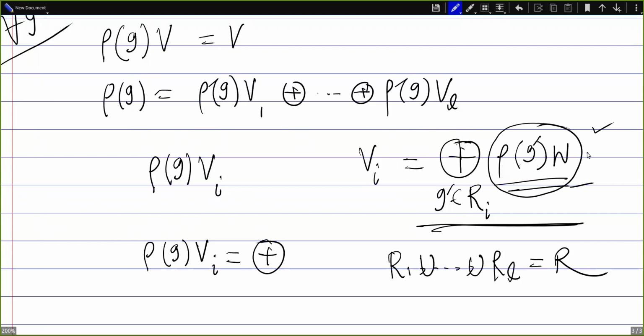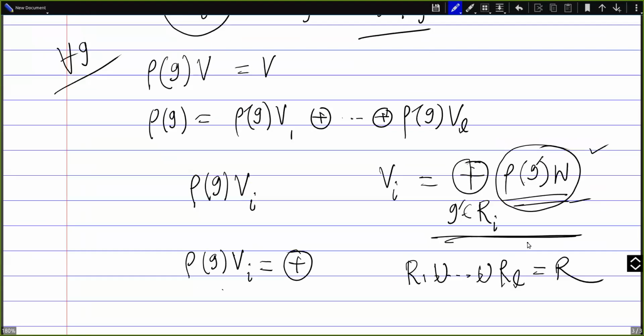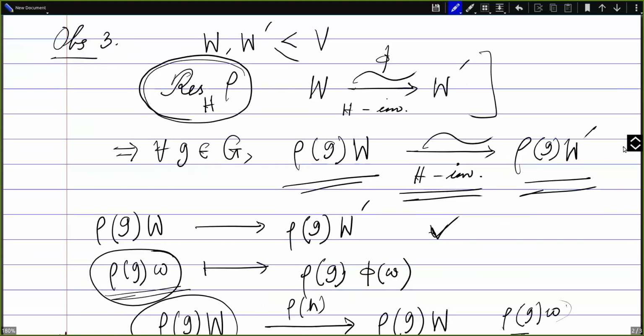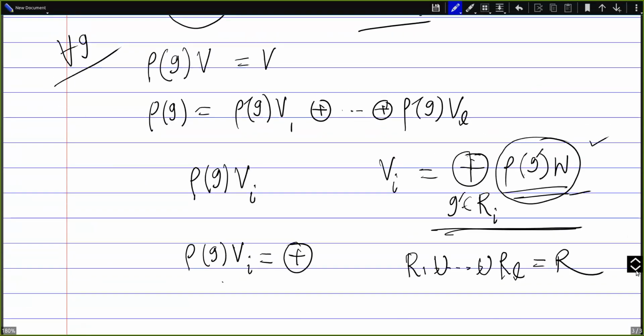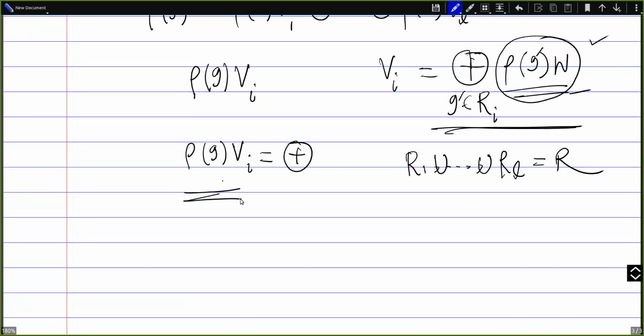So once we apply rho g on them, they will still be isomorphic as subrepresentations of the restriction, because of this. Thus, once we apply rho g on Vi, we still get a direct sum of isomorphic subrepresentations. And furthermore, if we compare rho g Vi and rho g Vj,